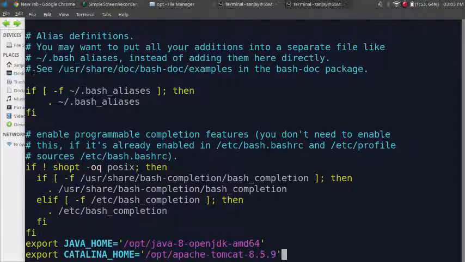Remember that if you make some mistake while doing this setting, it will create problems for your operating system, or your operating system may not work properly. So be careful with .bashrc, because it is a configuration file of the operating system.